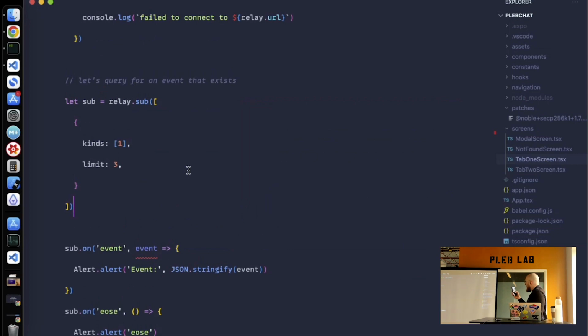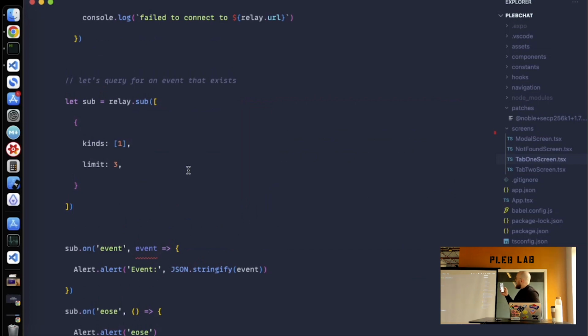And now we have the pub key of the user who sent that. And if we wanted to look up who that is, we could subscribe to a kind 0 to get the user metadata for that. The problem is we don't know what relay that person's on, so we might have to connect to a bunch of different relays. And then the third one is content that says nope,